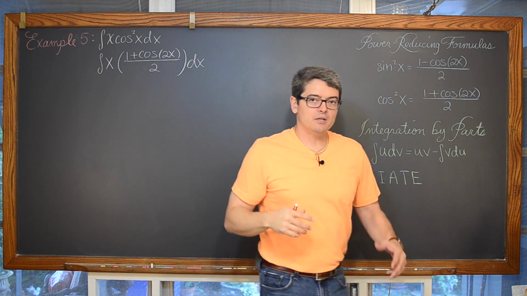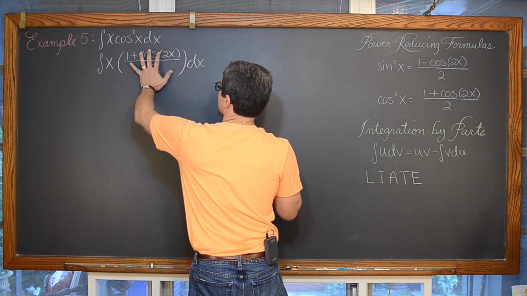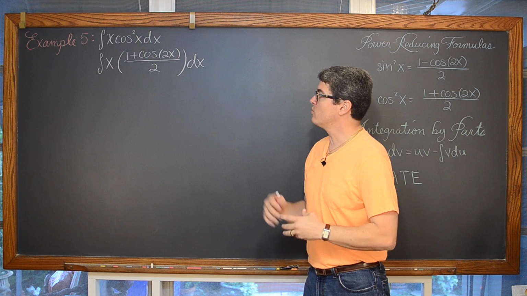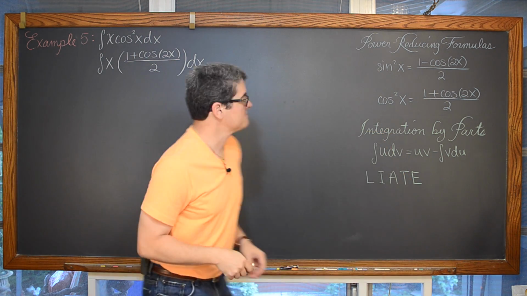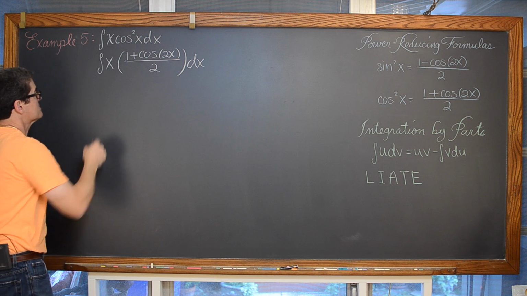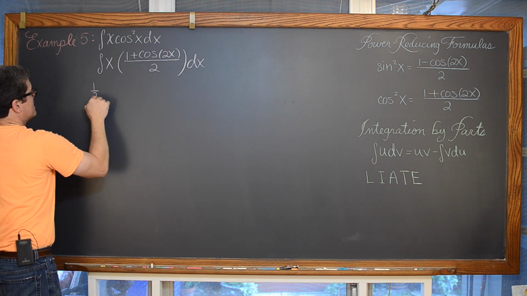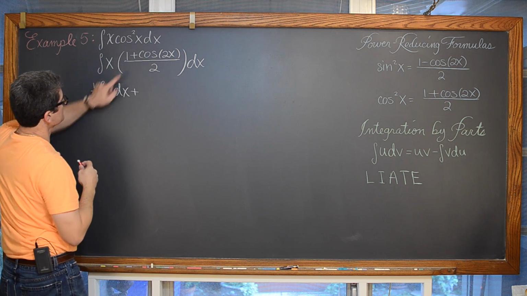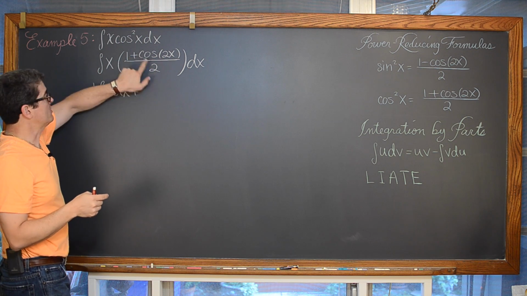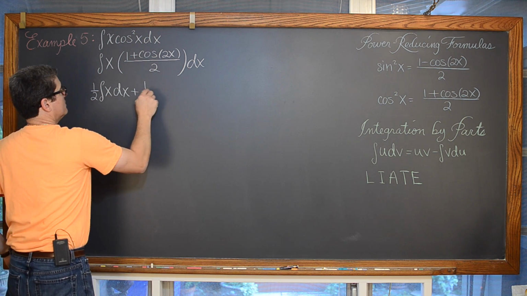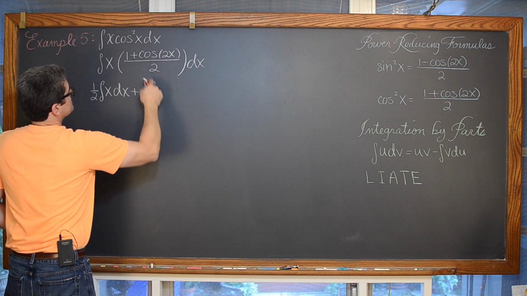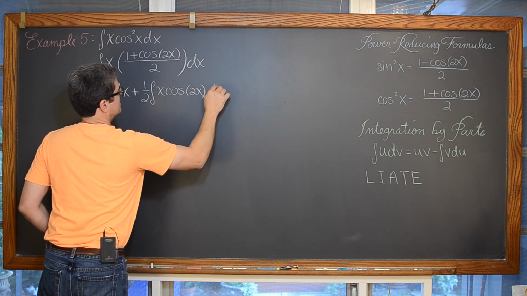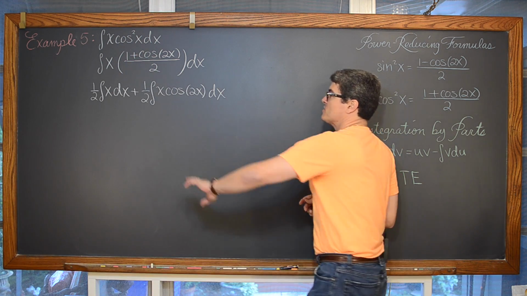Excellent. We have just sort of one big ugly term, but inside this fraction, the numerator has two separate terms. So we're going to distribute the x and break this one big integrand up into smaller, easier to deal with pieces. So we're going to have x times 1/2, and I'm going to pull the 1/2 out front as well, 1/2 times the indefinite integral of x dx. We have a plus sign here. And we also have a coefficient of 1 in front of the cosine of 2x and a 2 in the denominator. I'm going to pull that 1/2 out. And then x times the cosine of 2x dx.